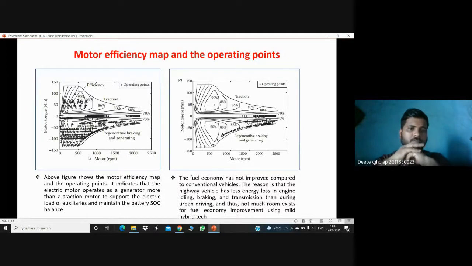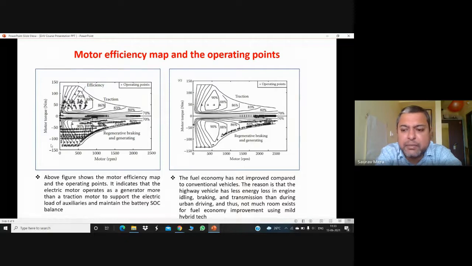Use your cursor to show which diagram. Whenever two diagrams come in one slide, you must give them names. Give the left side diagram the name figure A, and the right side diagram the name figure B. Then it is easier for the audience to understand. Otherwise, every time you have to go back to the slide. So before uploading, write figure A above the left figure and figure B above the right figure, so that while explaining it is easier for you. Yes, please explain.